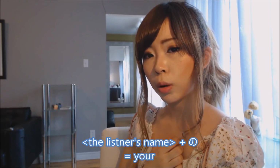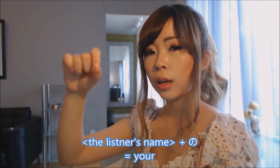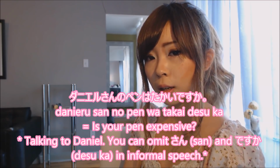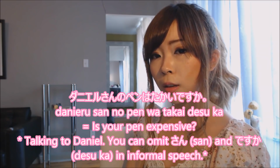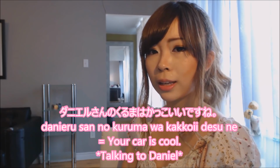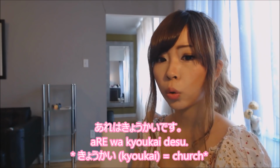But remember, その means near you, although I sometimes translate it as "that you have." For example, if you have a car but there is no car near you right now, then I would have to say your name plus の. Just like 私の, my. If I want to say your something, I would have to put the name of the person and then の. Although textbooks tell you to use あなた, never use it. It can be rude. So if your name is Daniel, for example, then I would say ダニエルさんのペンは高いですか? Is your pen expensive, Daniel? Your car is cool. ダニエルさんの車はかっこいいですね。